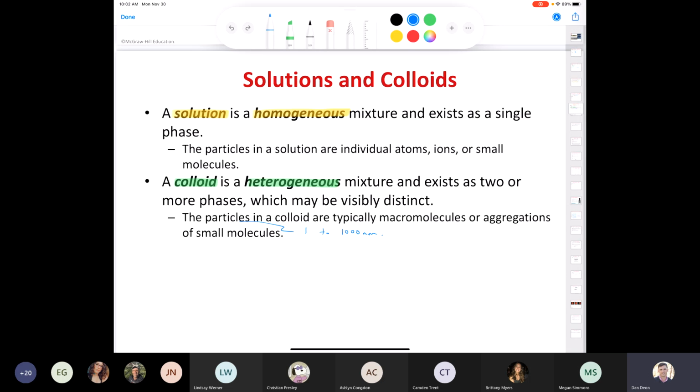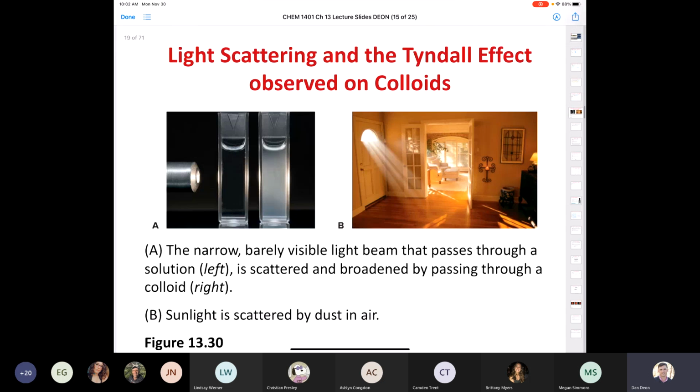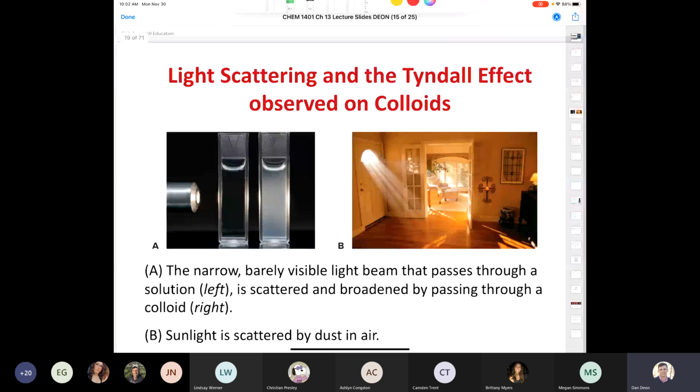Well, how would I be able to distinguish between a solution and a colloid if the particles, macromolecules or aggregations, aren't settling out in my colloid? And the answer is you would differentiate between a solution and a colloid using what's called the Tyndall effect, which was discovered by John Tyndall. The way that you distinguish between a colloid and a solution is that you shine a beam of light through the solution or the colloid, and you get a different effect depending on whether you have a solution or